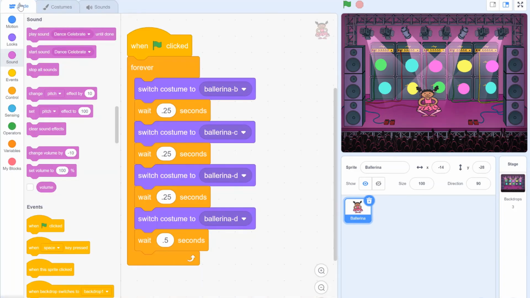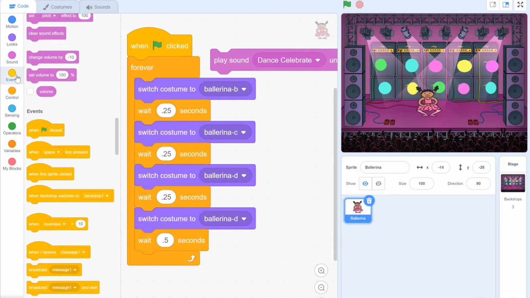So I will go to code again and then I will use the option of sound category and then I will use play sound until done. It will be a separate code and then this will be triggered when green flag is clicked.